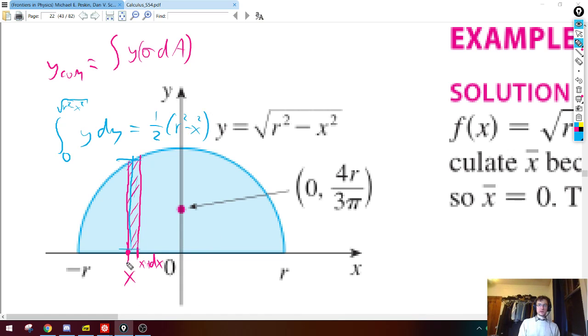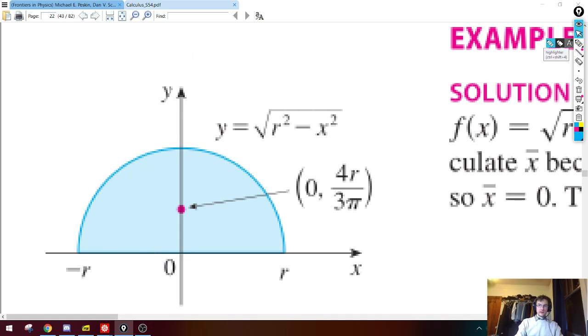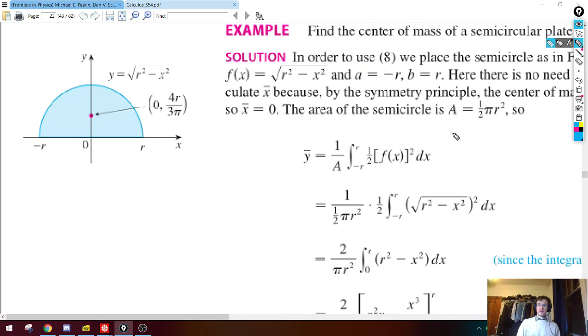Okay, so we're breaking this guy up into strips. That's the point. And then that integral runs over all the x's. So for each x, you have a strip, and this is what the strip does. Okay, that's better, I think, or at least for me it feels better. So anyway, here's the 1/2 from the y squared, but the y is root r squared minus x squared. There's a half outside. We're integrating from minus r to r, but by symmetry that's the same as twice the integral from 0 to r. That 2 kills this 1/2. This 1/2 downstairs turns into a 2 upstairs.